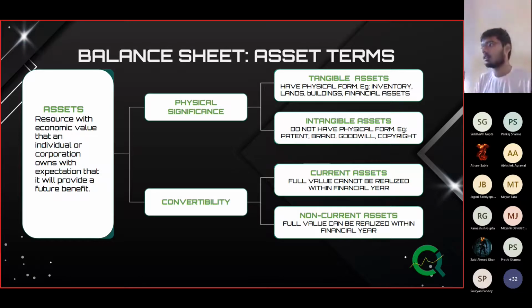Then you are making the juice with a mixer and fruits, right? Now that mixer you can use for 2-3 years, meaning that it will still be working after the financial year. So that comes under the non-current assets, and the fruits they were using come into the current assets.